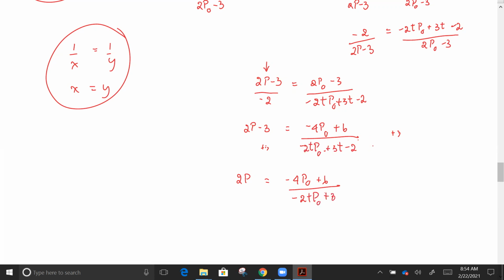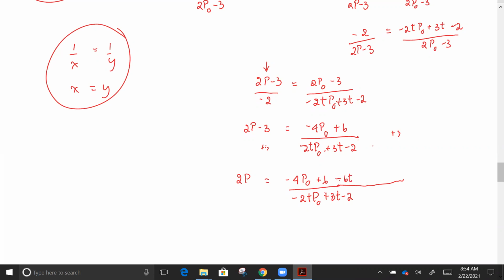p0 plus 3t minus 2. And then since we add by 3, okay, same denominator. Something that I have to be careful. So multiply 3 with the same denominator. It's gonna be plus the 3 times negative 2t p0, which is negative